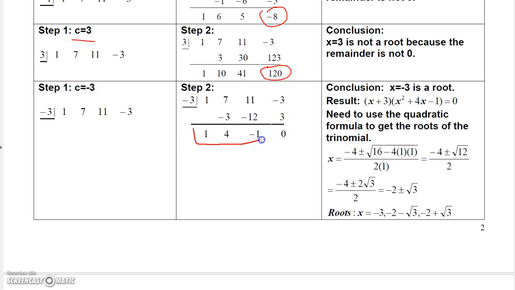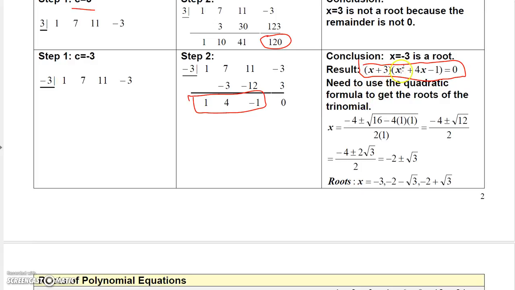So now I have a quadratic here, x squared plus 4x minus 1. So this factors into x plus 3 times x squared minus 4x plus 1. Well, this trinomial will not factor over the integer values or the numbers I need to, so what I had to do was get the quadratic formula to solve this. So using a equal 1, b equal 4, and c equal negative 1, I just used the quadratic formula, and I found that I get these irrational numbers, negative 4 plus or minus 2 square root of 3